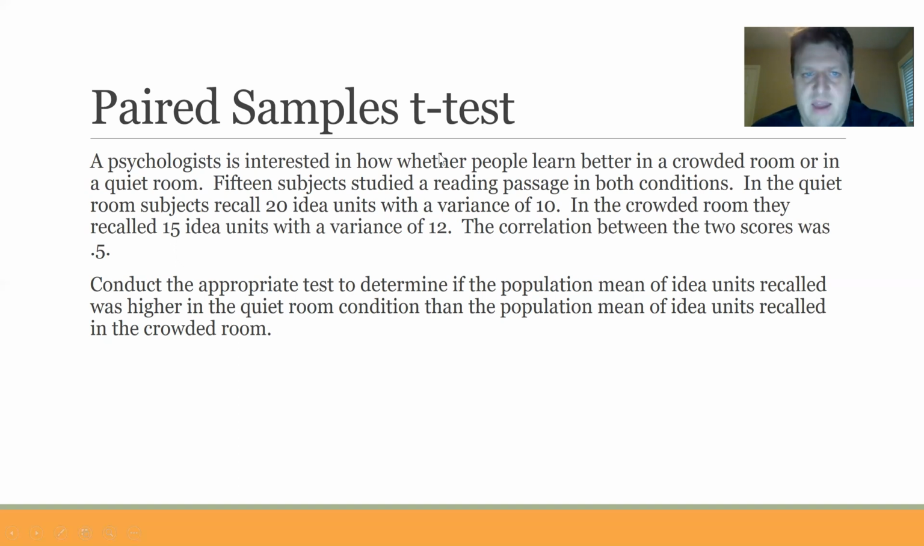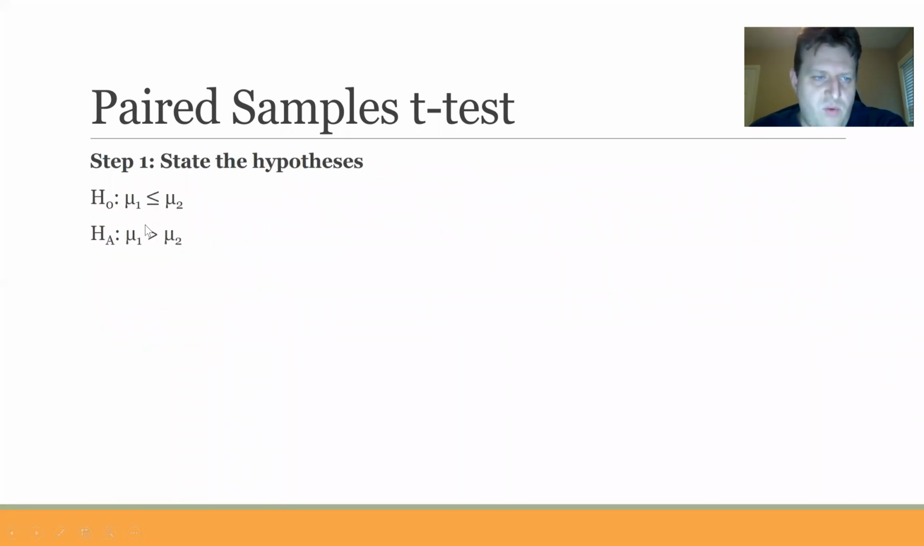Was higher. What do I think of when I think of this? Okay, I think that I've got a one-tailed test. I think I'm going to have one of these in my alternative hypothesis. Okay, so let us go and solve the problem. So my alternative hypothesis is that my mu, my population mean of condition 1, which is going to be the quiet room,